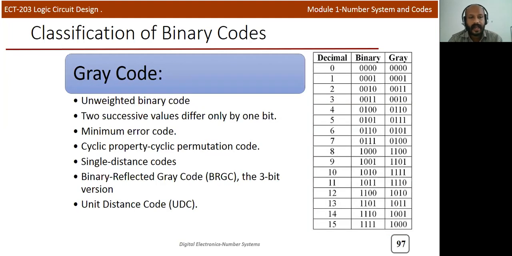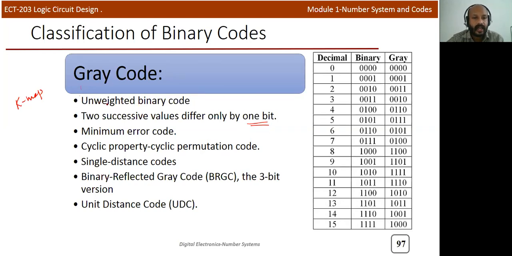Now we'll discuss the Gray code. Gray code is again used in digital systems. When you study a simplification method called K-map in module 2, we will use this Gray code, and in many applications as well. One of the main advantages of the Gray code is that 2 successive values differ by only 1 bit. So there is only 1 bit change in any sequence.